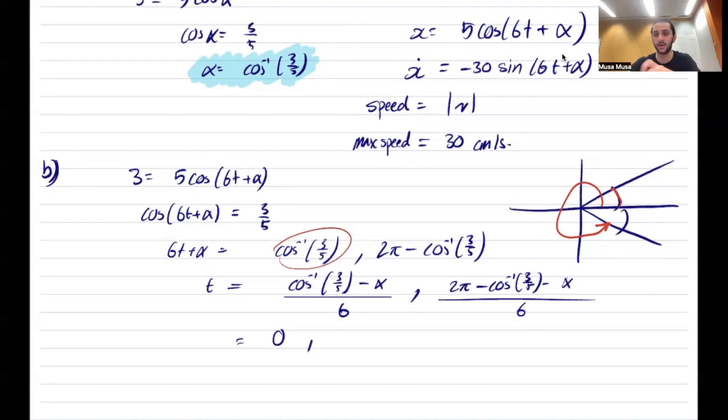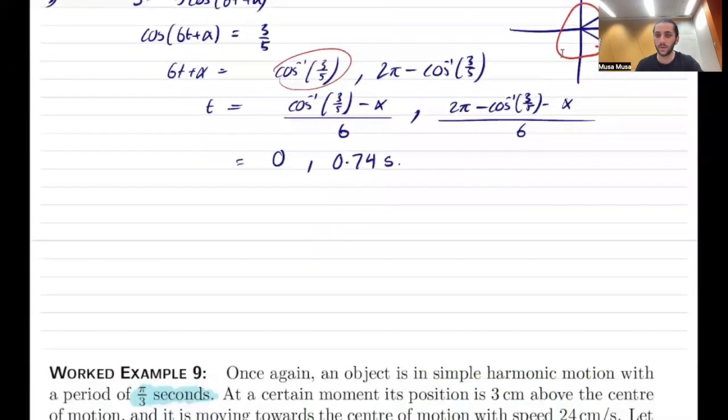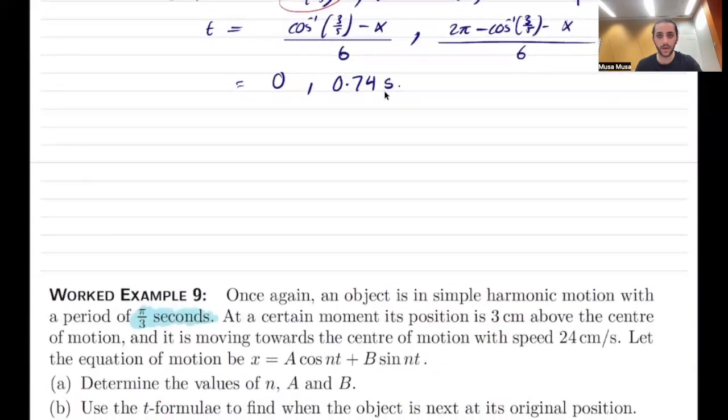My degree calculator, bro. So 0.74 seconds. Wonderful. Okay. So